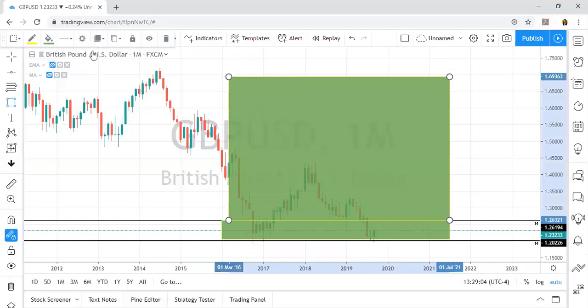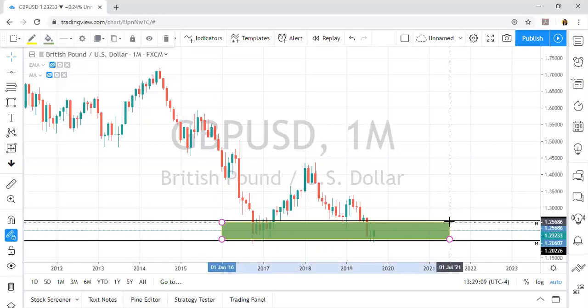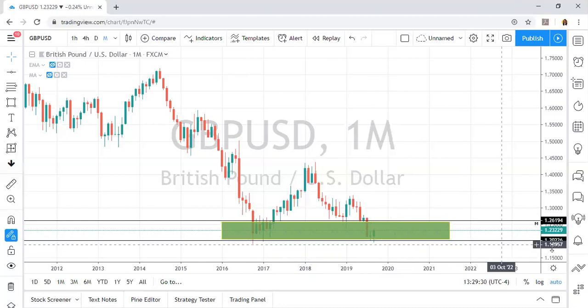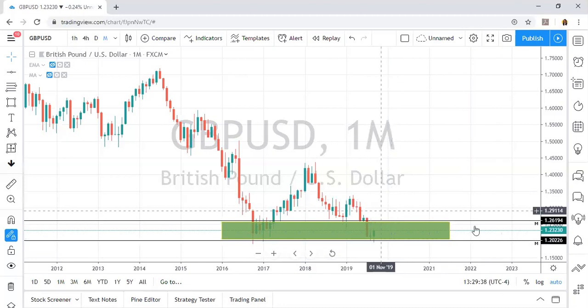I'm sorry, guys. I'm trying to actually move this down. Okay, so the only way I'll be more focused on anything outside of this monthly key level is if price does close above it, or if price closed below this key level here that's down at the bottom, around the 1.20226 area. And then I'll be looking for a retest and a continuation from there,